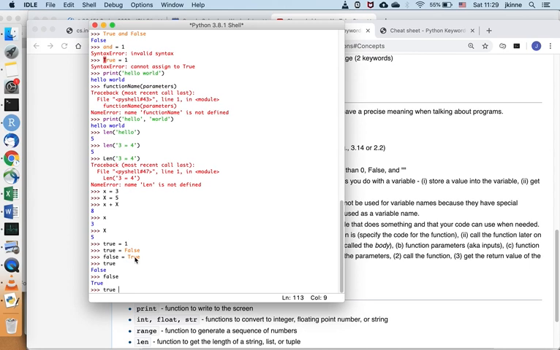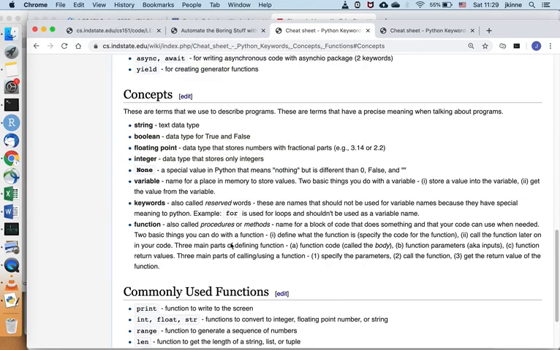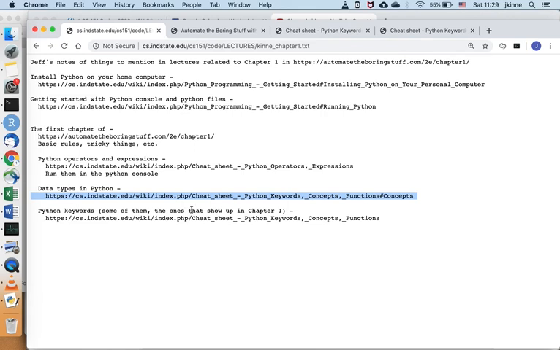What would I get if I did true and true? This is the lowercase true, which has the value False. So it's the same as saying False and False. Okay. All right. So those are the basic data types. And we'll leave that like that. The next video in our basic